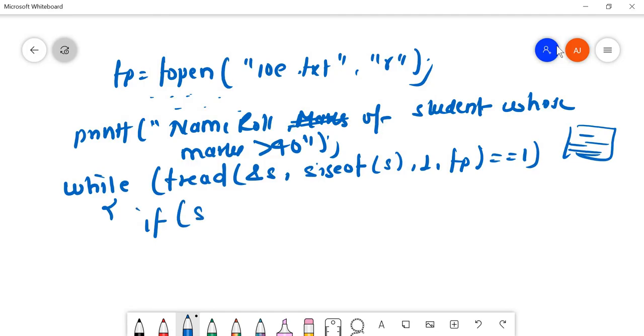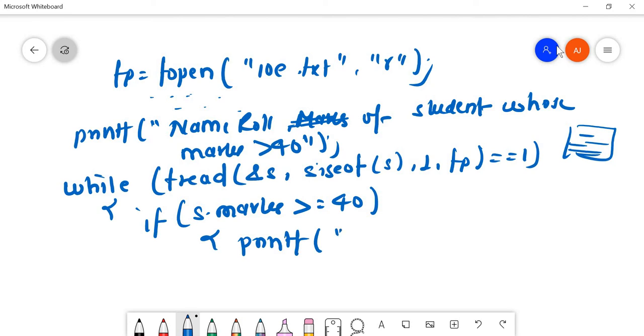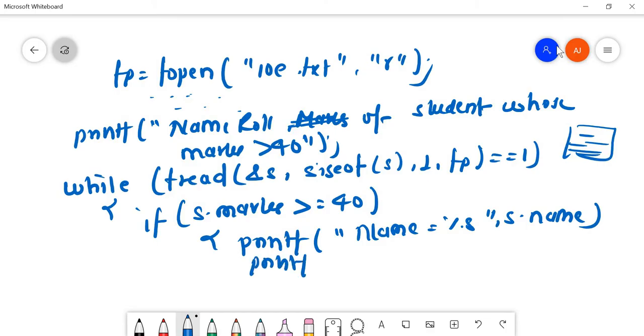So if s dot marks is greater than or equal to 40, I'll printf name equals to %s, s dot name, comma, and I will printf roll, %d, s dot roll.